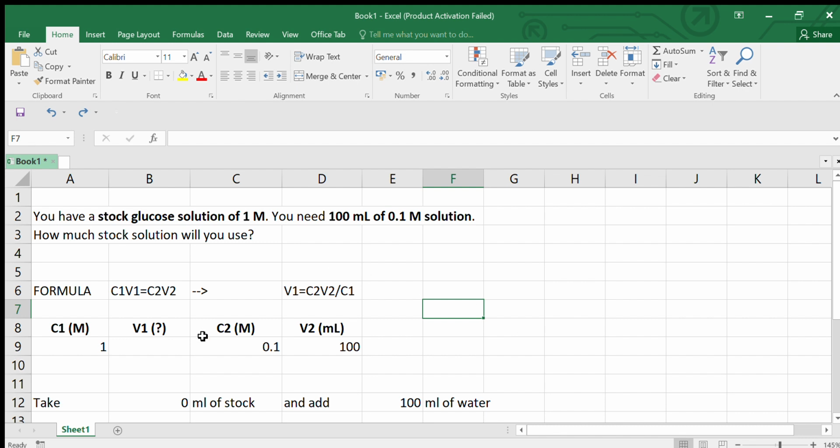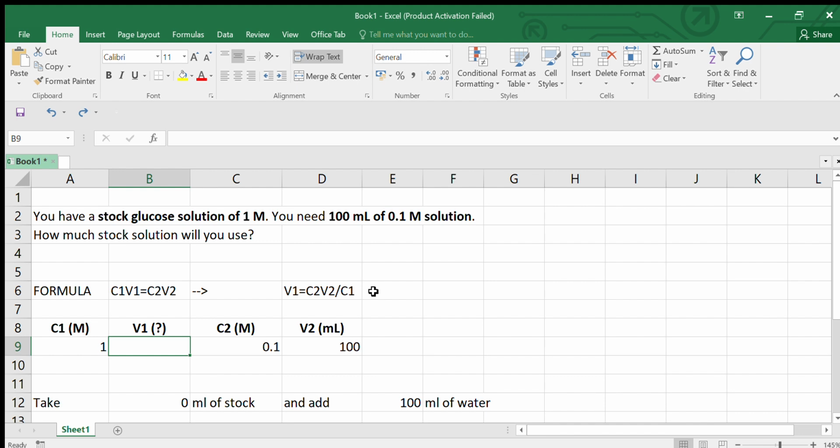So for this, we have a formula, that is C1V1 is equal to C2V2. What is C1V1 and C2V2? C1V1 is for the original solution, whereas C2V2 is for the new solution. Now we don't know how much of the original solution to be taken, but we do know the concentration of the original solution, that is C1. We also know the concentration of the expected new solution, and the volume of the new solution. So simply we are going to rearrange this formula and get V1 is equal to C2V2 upon C1.